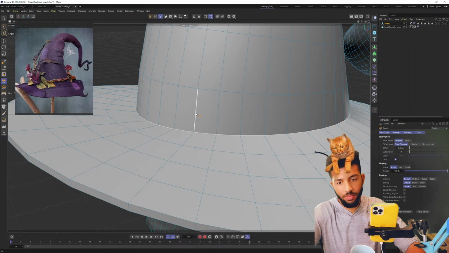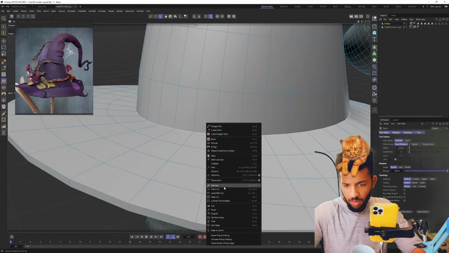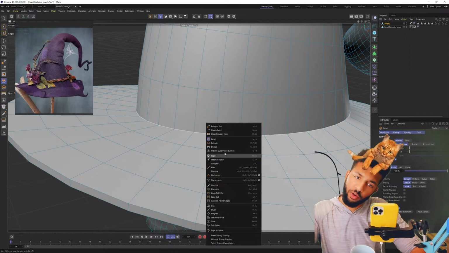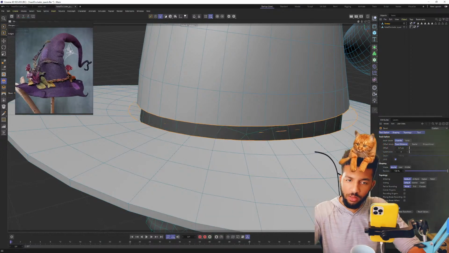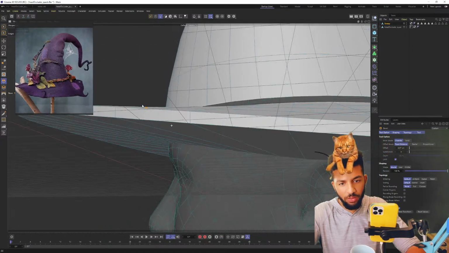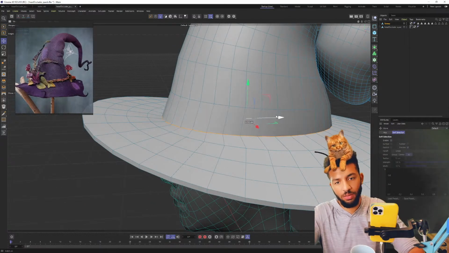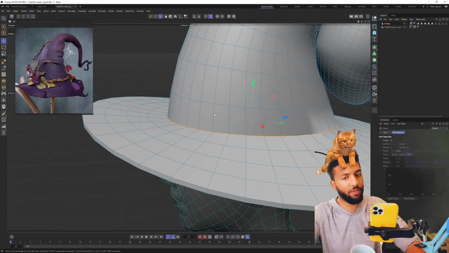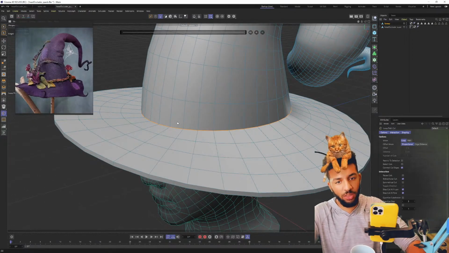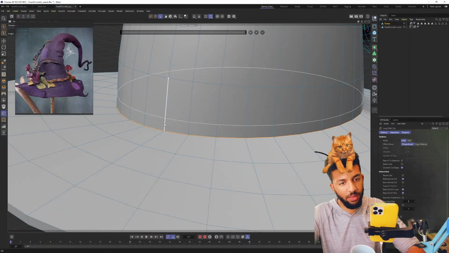So weird. Is there another tool for beveling? We click on here and choose our bevel options. Weird, I don't see it beveling, so it feels like it's not attached. That definitely is attached. Okay, I'm not sure what's happening right there, so I might just manually add some subdivisions